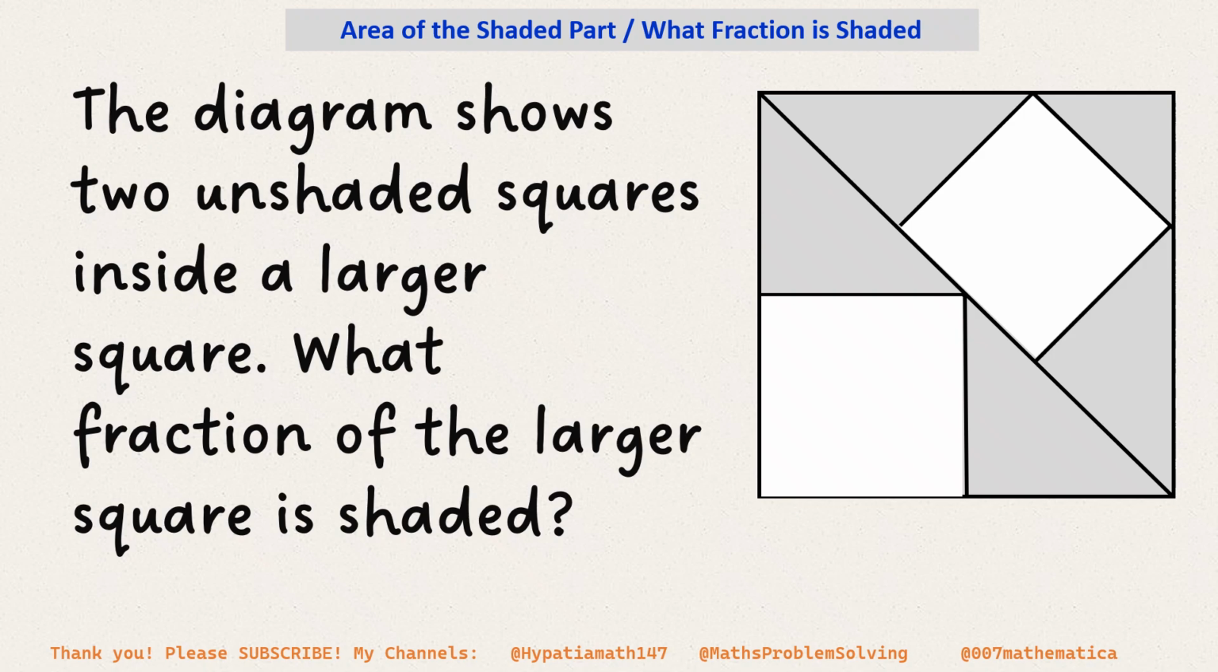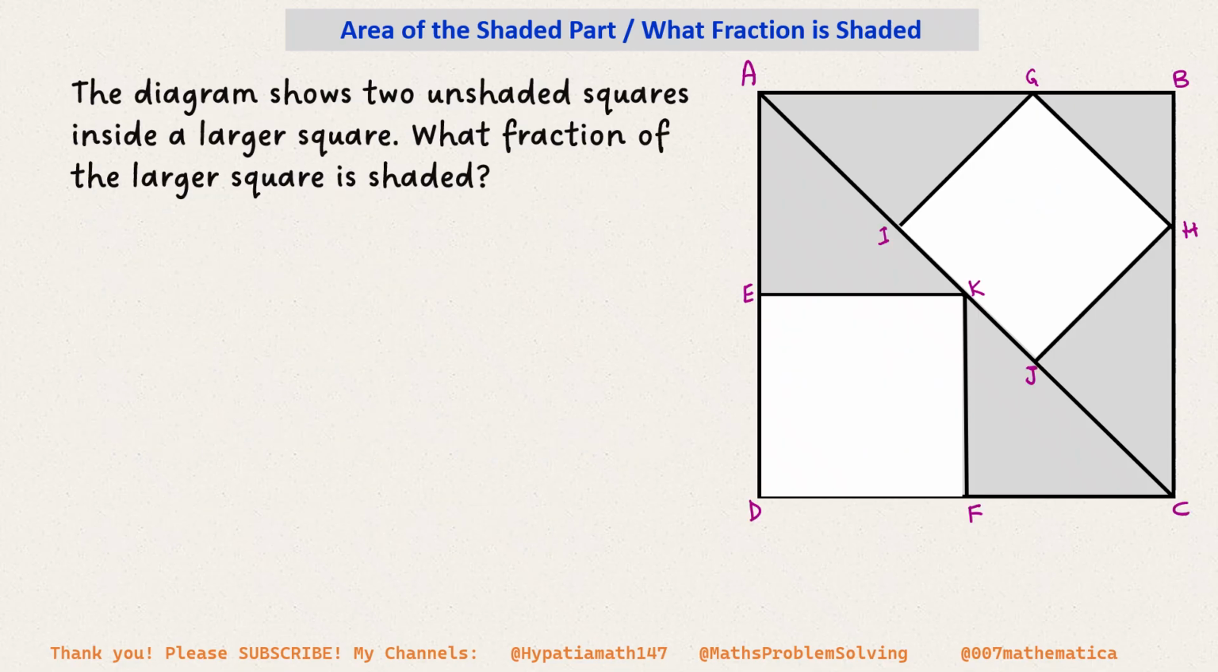The diagram shows two unshaded squares, which are these, inside the larger square. What fraction of the larger square is shaded? So, if I assume that the sides of the square E, K, F, D is X,